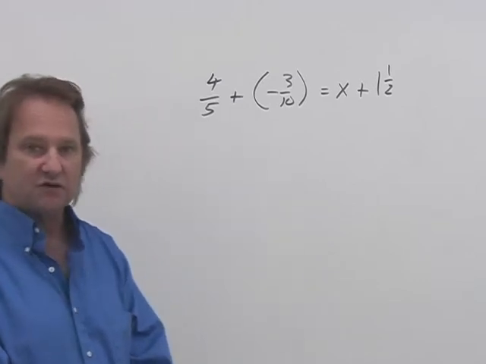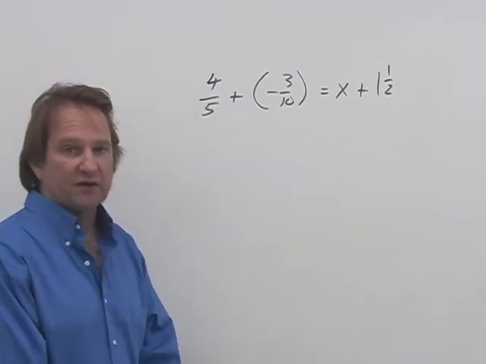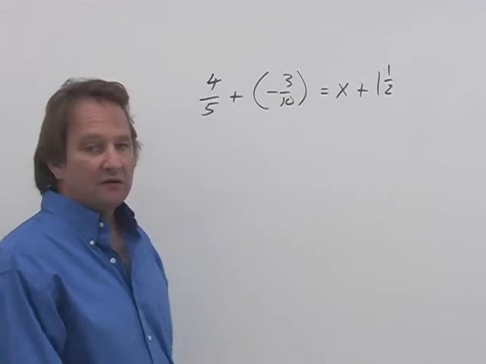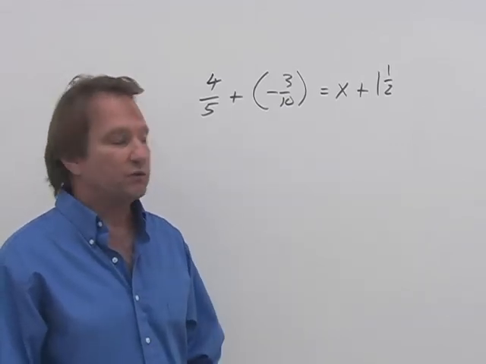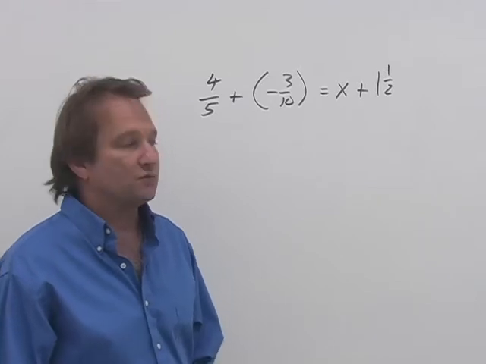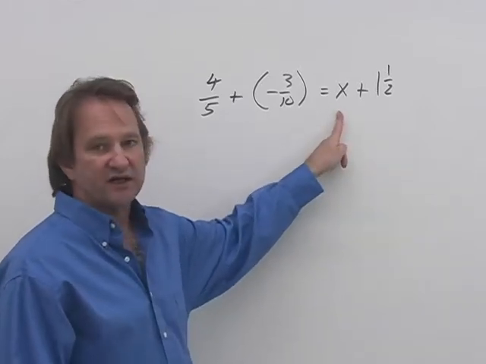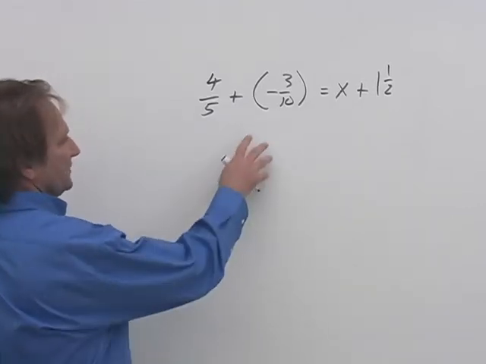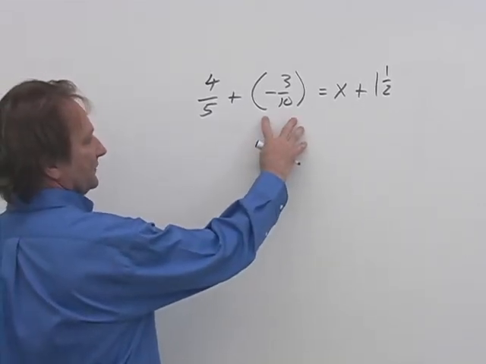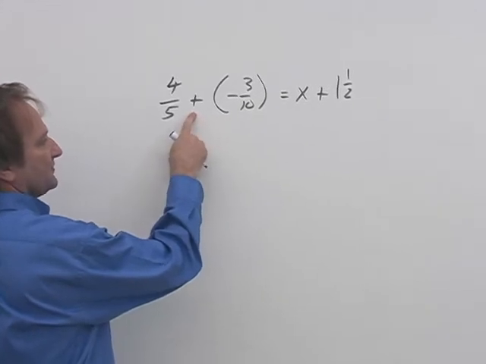Number 10 in the algebra section is also an equation that we need to solve for x, but it's dealing with fractions. So we've got a little work to do on the fractions before we can solve this for x. In other words, get x on one side by itself. Let me go ahead and drop the parentheses here, and when I do, the positive sign is going to go